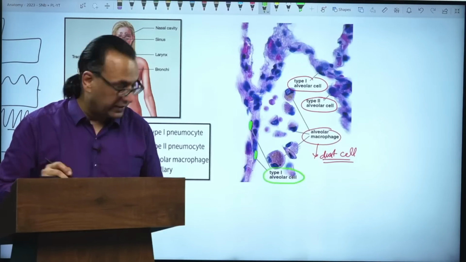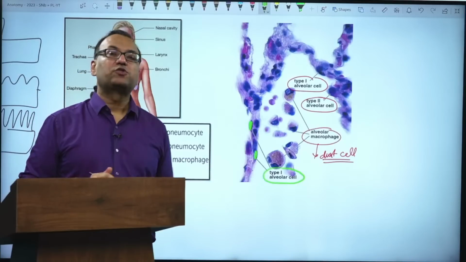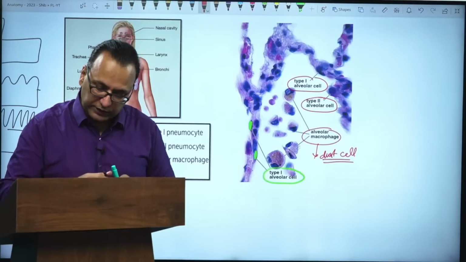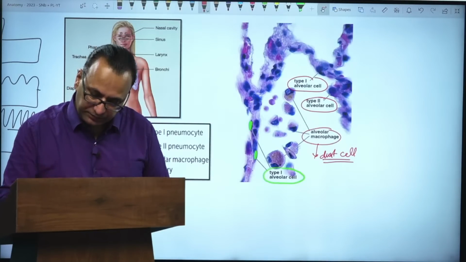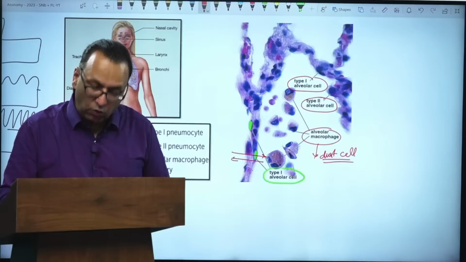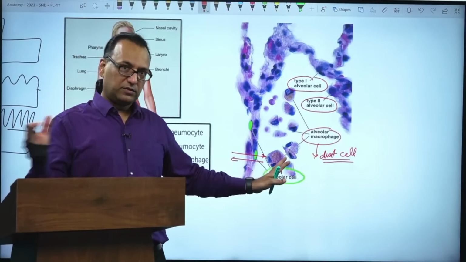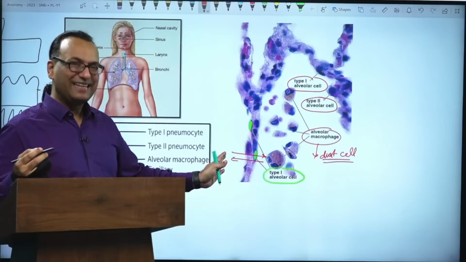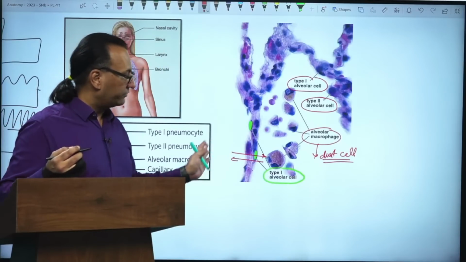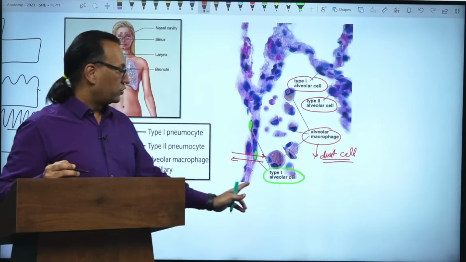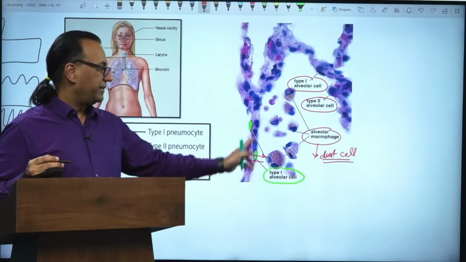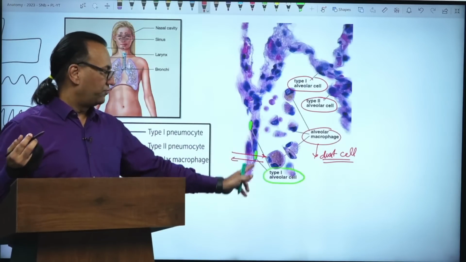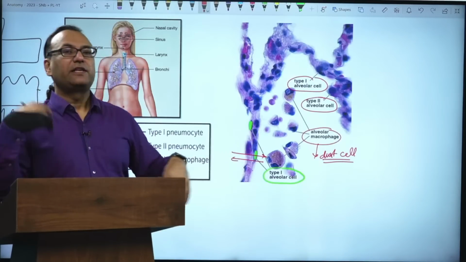It is simple squamous epithelium, so that you can have rapid O2 CO2 transport. In the alveolus you have O2, which has to be taken to the capillaries, and from the capillaries you have to give CO2 to the alveolus. So type 1 pneumocytes are thin cells, simple squamous epithelium with a flat nucleus,